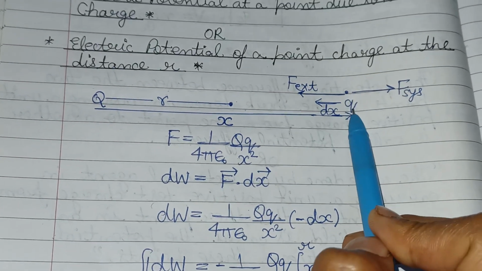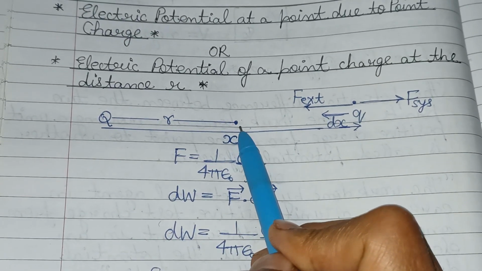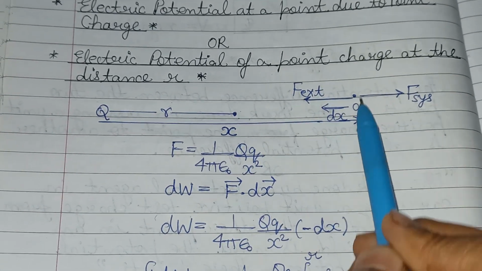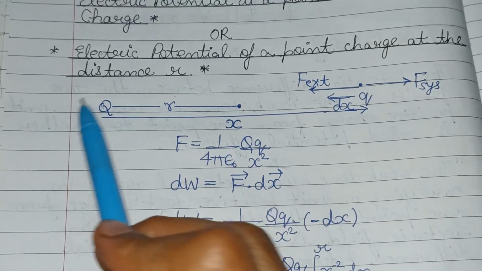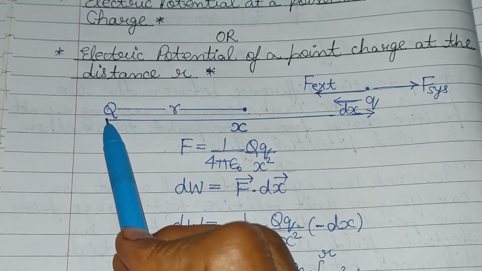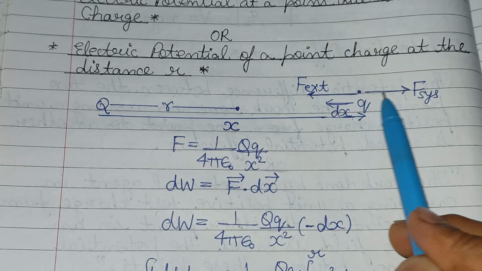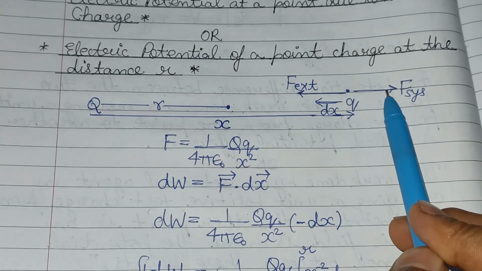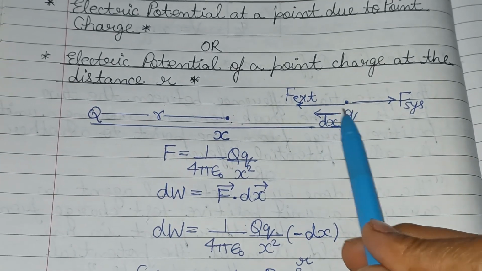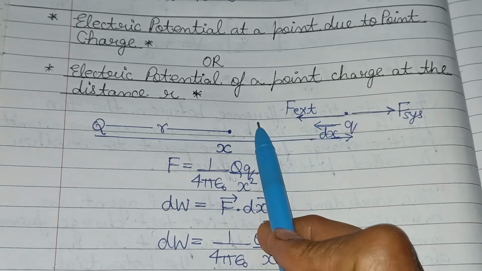from taking a positive charge from infinity in the external field to the point of source, or to that point, is known as the electric potential. So this is the q charge at infinity, and this q charge and this q charge oppose. So the force by the system will be here, and we have to take a charge from infinity to the point, so the external force required is on this side,